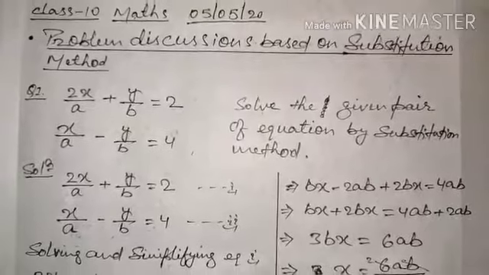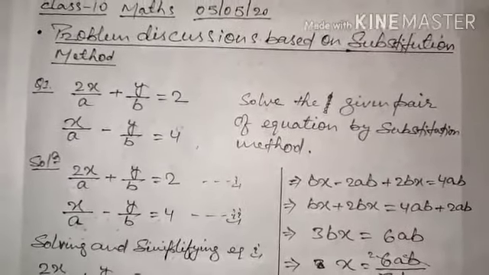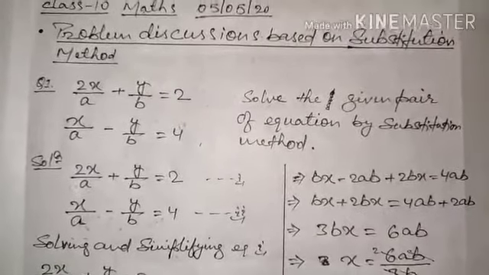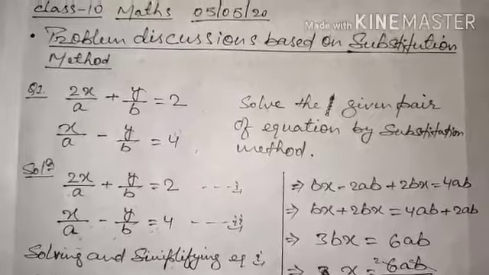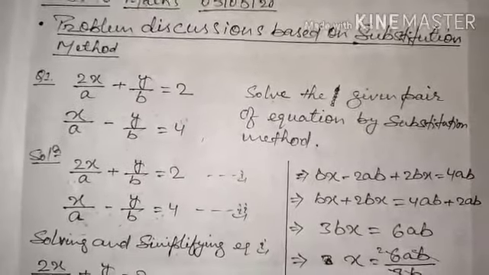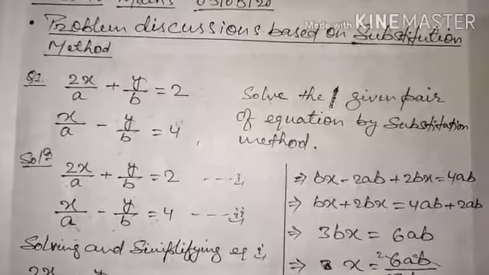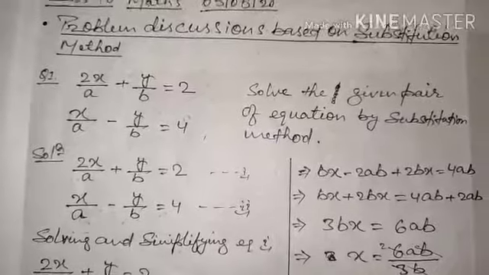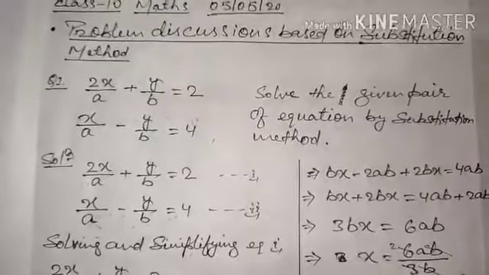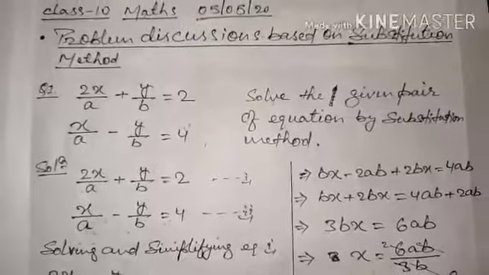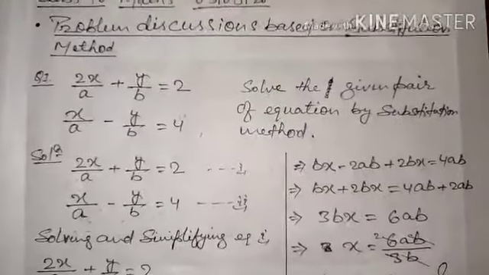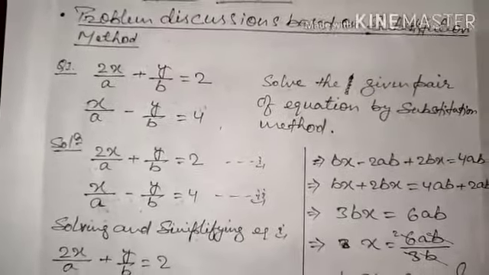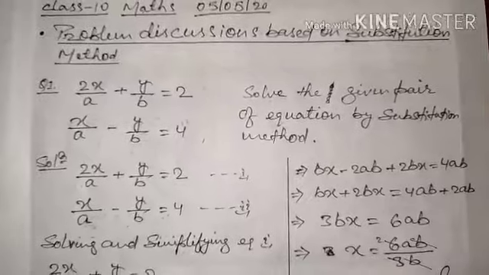Since we had discussed a lot in our running chapter, pair of linear equations in two variables of class 10th, we had seen how to solve a pair of linear equations using the graphical method, substitution method, elimination method, and cross multiplication method. So now first of all we'll go through each and every method's problems. I will just discuss the problem on each of the methods. In the graphical method I discussed the problems.